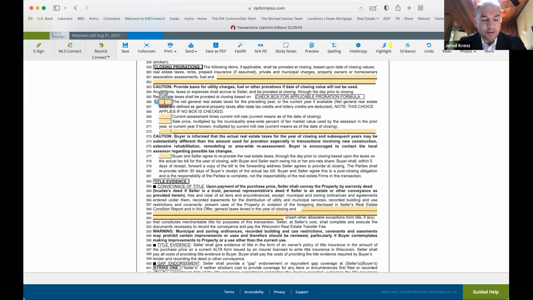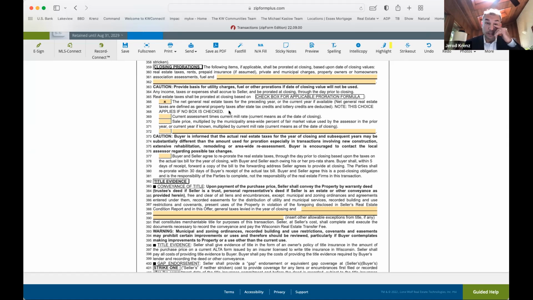The most important thing is line 366. You're going to mark that the most. So in the state of Wisconsin, our taxes are actually done in arrears. It's different than Minnesota. So in Wisconsin, we receive our tax bill typically the second week of December. And that tax bill, so for this year, 2022, we'll receive our tax bill the second week of December. That tax bill reflects everything in arrears. So it affects the year